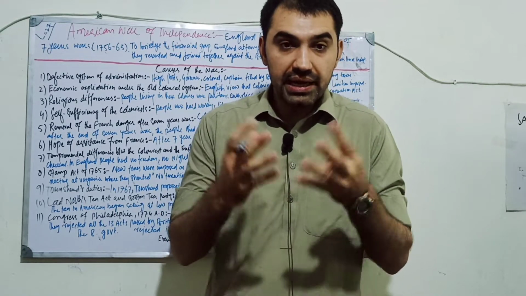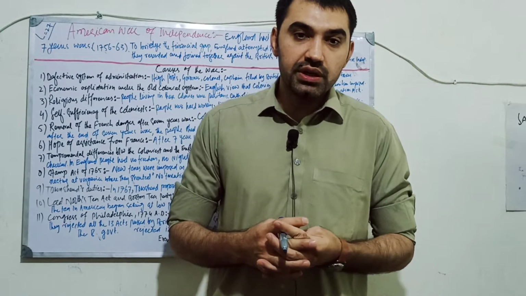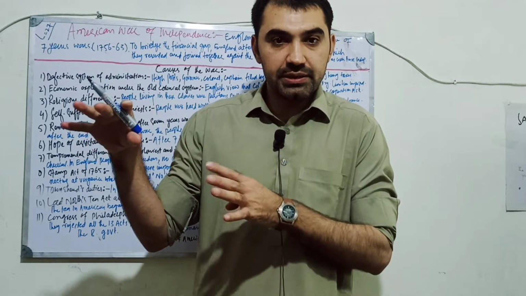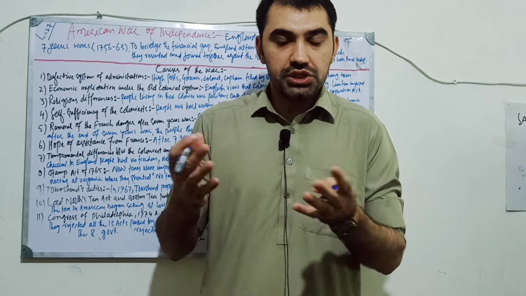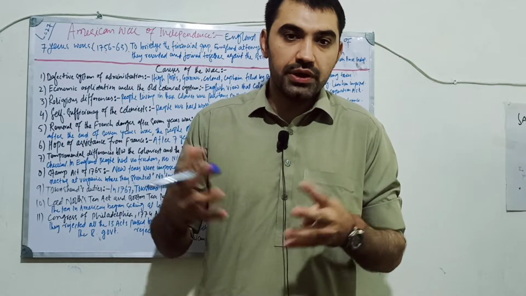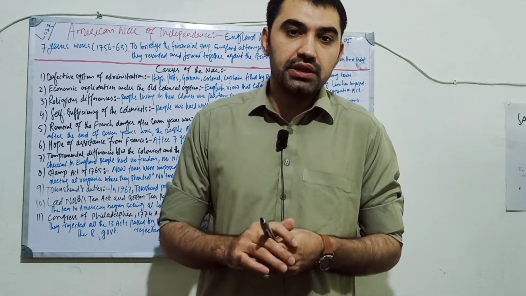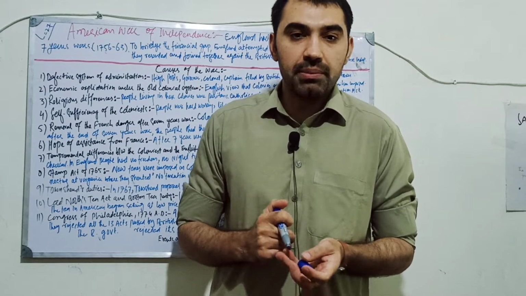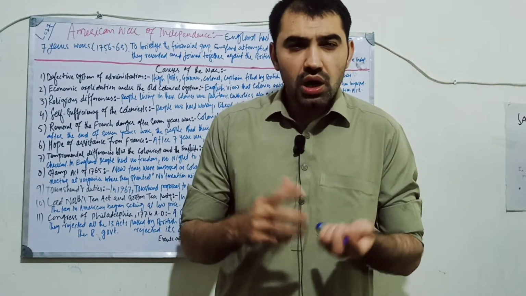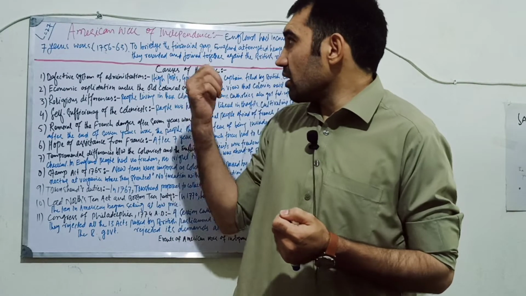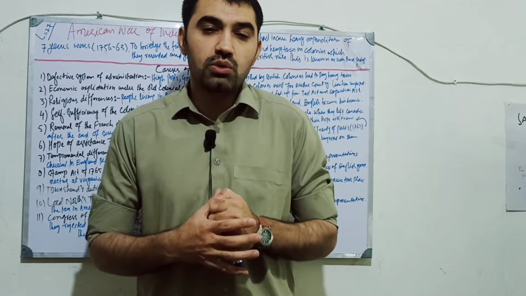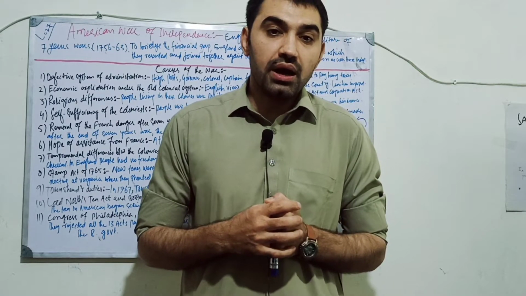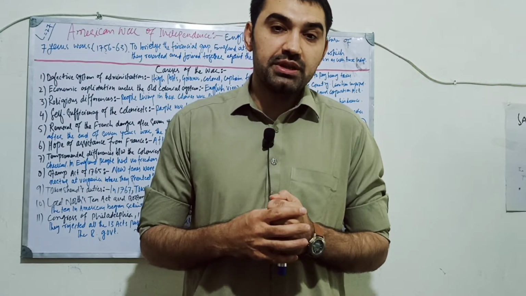They had a relation with those colonies, which was based on certain principles, which England was following since they had established colonies there in North America. So how the American War of Independence was fought,